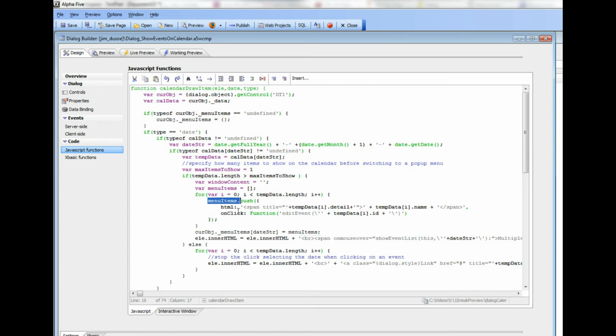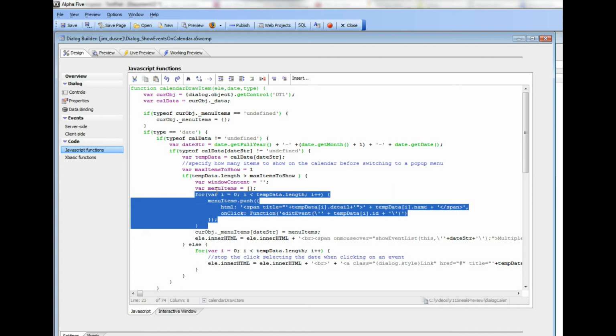item. And then when the user selects an item from the menu, we'd like to call this on-click event over here, and we're constructing a function. So we're using the JavaScript function method to construct a function call, which is going to call edit event and then the event ID. So this loop over here is just simply populating this menu items array with an array of JSON objects, and each JSON object has an HTML property, which is a string, and an on-click, which is